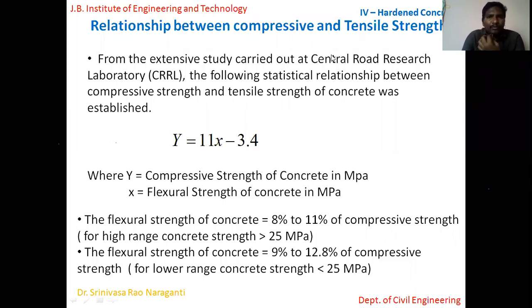Then where do we use the tensile strength of the concrete? This is mostly used in case of flexural behavior, for example in slabs. You want to find out the permissible tensile strength of the concrete, because we don't want it to go beyond a limit where concrete cannot resist those tensile stresses. In some cases, flexural pavement is one more thing where we expect concrete to sustain some part of the tensile stresses. So that's why the tensile strength of the concrete comes into play.